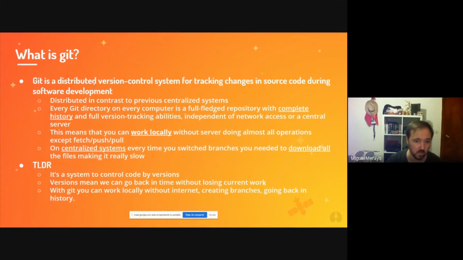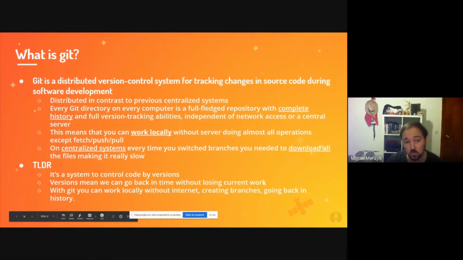So that's all important. Going to the side of version control system, what this means is a system that allows you to work in history. So every day you do some work and you push that work to the repository, and you are able to go back in history. So all the work you have done is not lost. So you can go back and forth between all the work you have done in the timeline. And